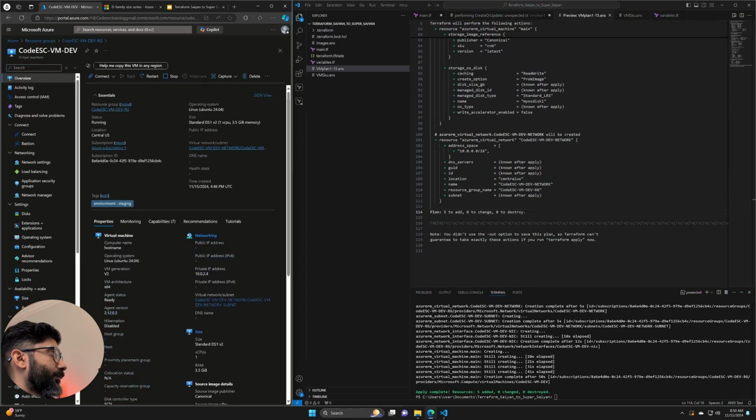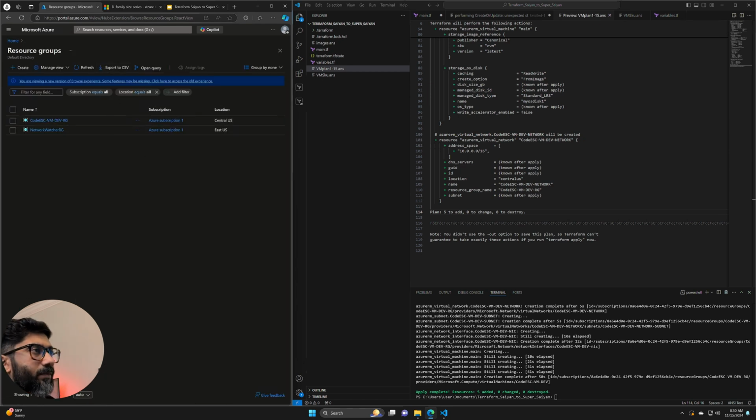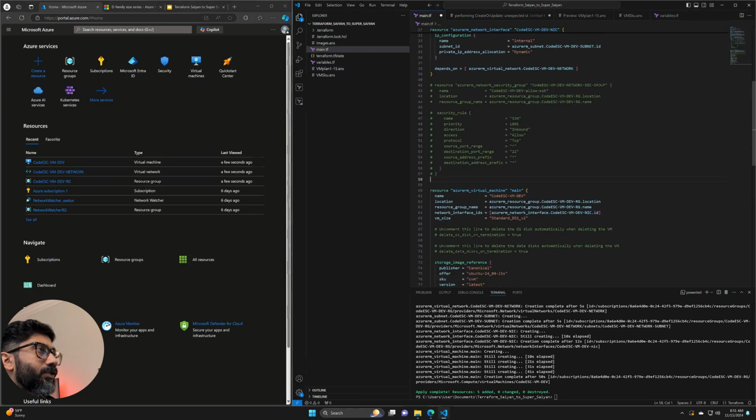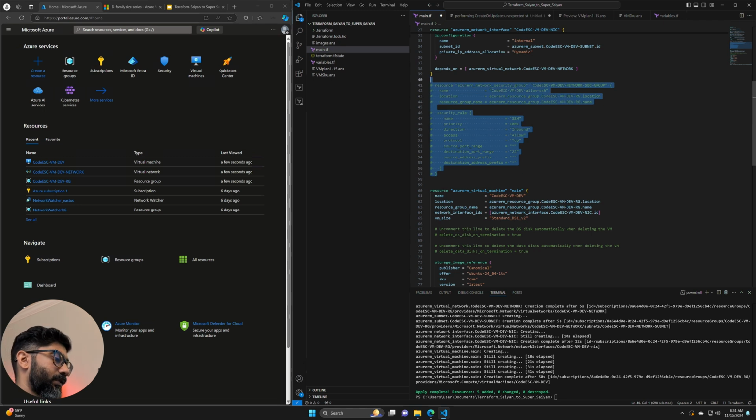So we have the resources created, and what we'll do next is an example of an update. We'll update something and see if it updates here. Okay, so let's try adding the security group. So save that,